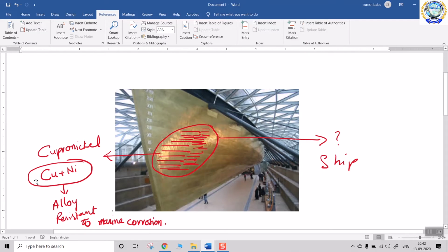For that purpose we have to combine copper and nickel. Both we have to add together. In solid state both will not mix with each other, so we have to melt them, and then subject those two metals to cooling again. This process of heating the metal and cooling it into the solid state in crystalline form is nothing but our today's video lecture. Is that clear? Come, let us now go to homogeneous nucleation and heterogeneous nucleation.